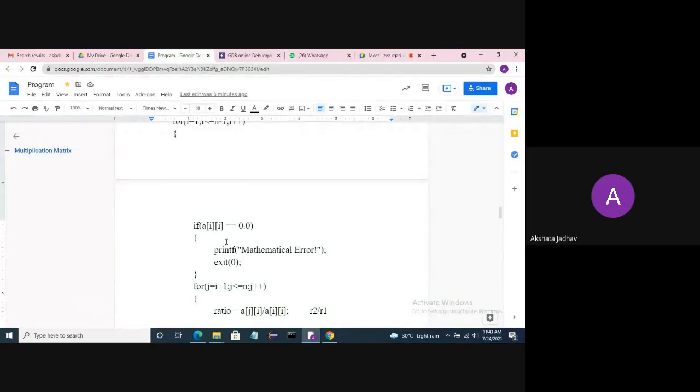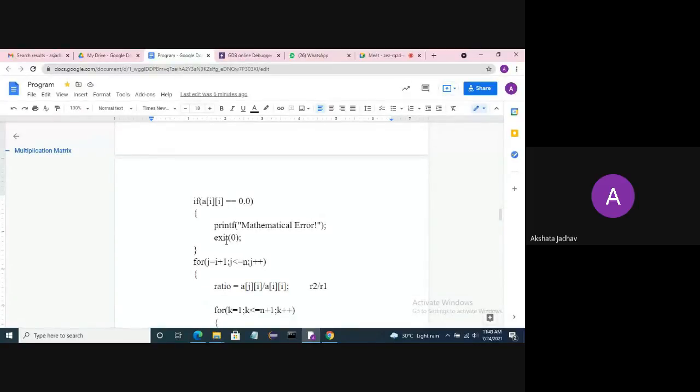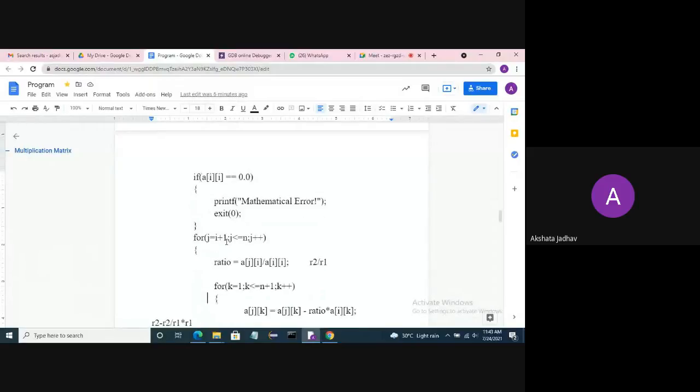Okay, and it executes the for loop for j equal to i plus 1, j less than or equal to n, with j plus plus. And then ratio is equal to, right now, our first step, we have to find out the ratio. What is our ratio? Ratio means our initialization. First of all, initialization.